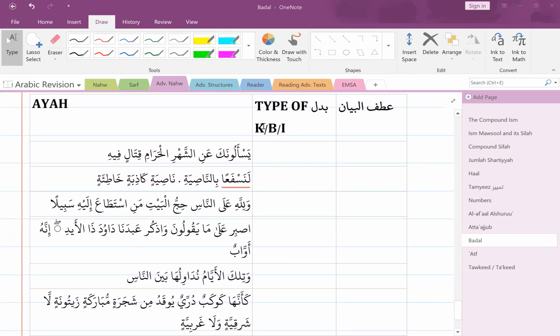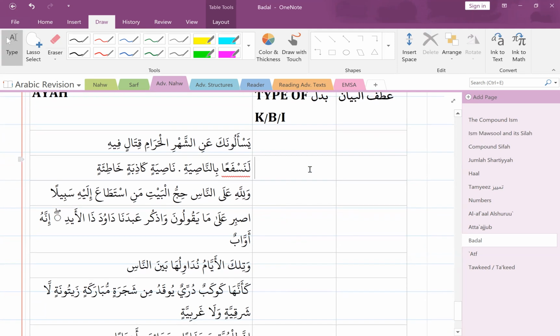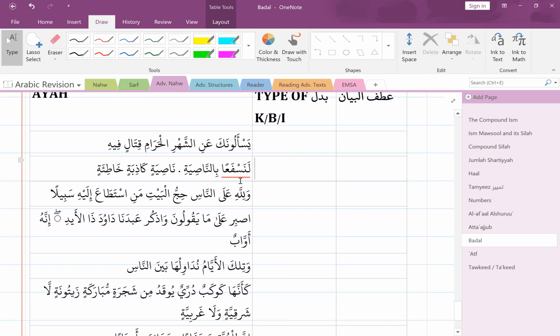So again, remember in the Quran, the mistake badal does not happen. So badal al-mubayyan does not happen. So we're only going to deal with badal al-kull, badal al-ba'd, badal al-ishtimal, and atf bayan. And remember we said if it's badal al-kull, then yes, it can be atf bayan as well. All right. So Fawzia, the first one.